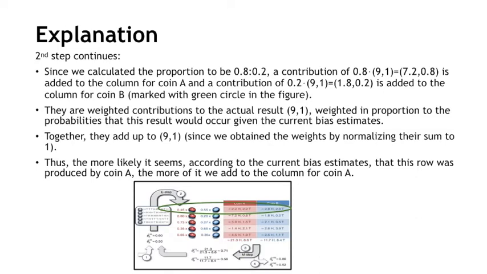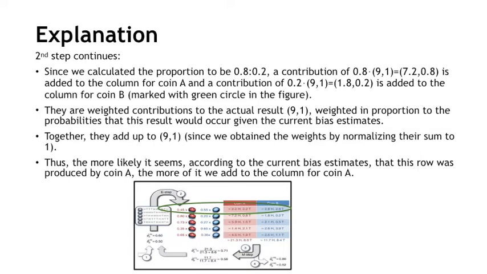This is added to the column for coin A, and again a contribution of 0.2 into 9, which would give us 1.8, and 0.2 is added to the column for coin B. See, it has been marked as green circle in the figure. So they are actually the weighted contributions to the actual result, which has been weighted in proportion to the current